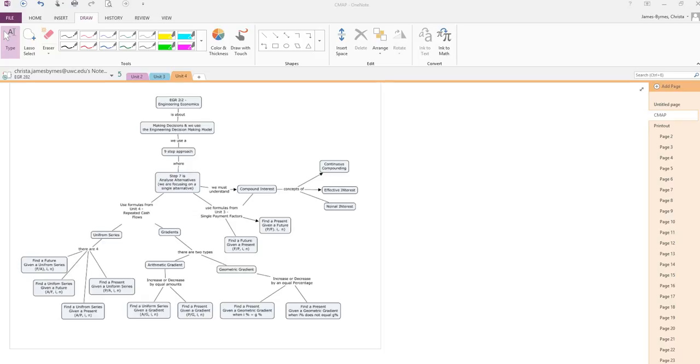Alrighty, let's get started on Unit 4. So remember, we're making decisions, a 9-step process. We bopped up to step 7, and this is analyzing alternatives. From chapter 3, one way to analyze these alternatives is to use single payment factors. Okay? But in order to understand and use these, we have to understand compound interest and continuous compounding, effective, nominal,